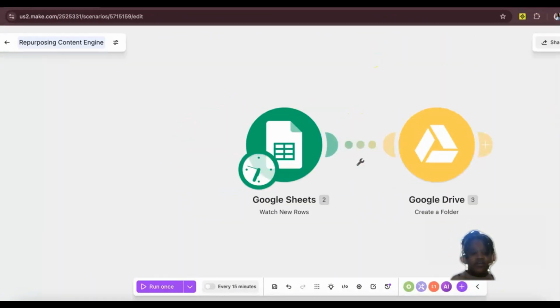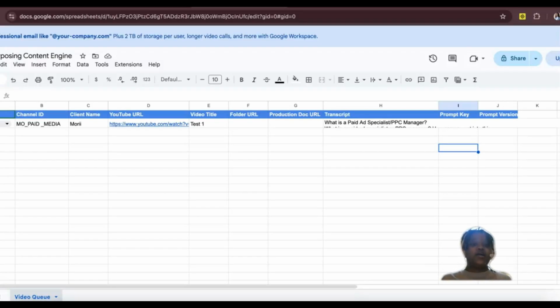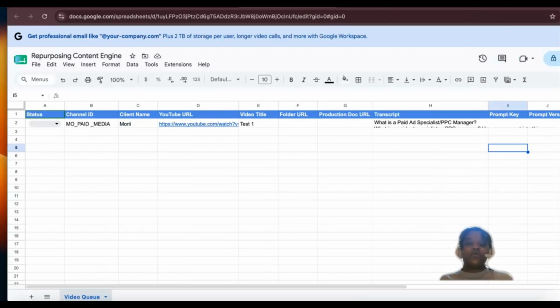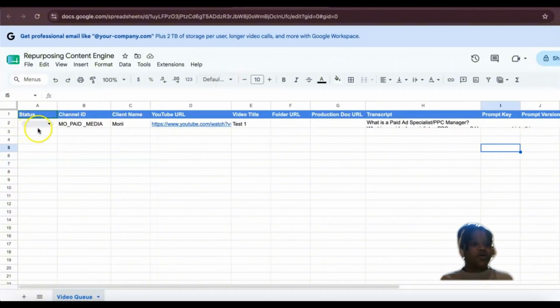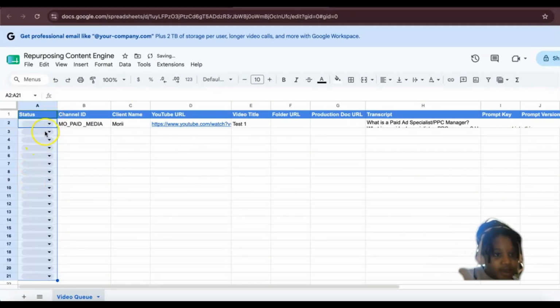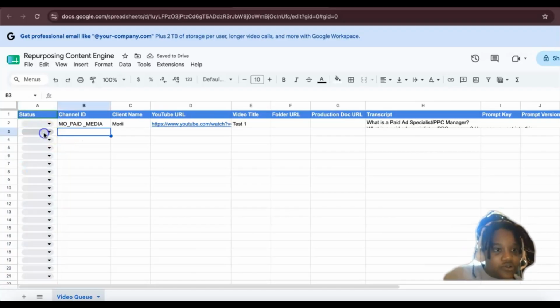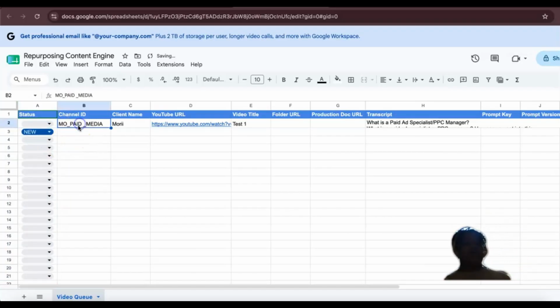So to get this started, I'm going to go ahead and go into the repurposing content engine and add a new row, excuse me. So I'm going to come right here, and then also I can just drag this down, and then I'm going to go to new, and then I'm just going to copy and paste this information for the channel name, or the channel ID. Client name is Maury, and then